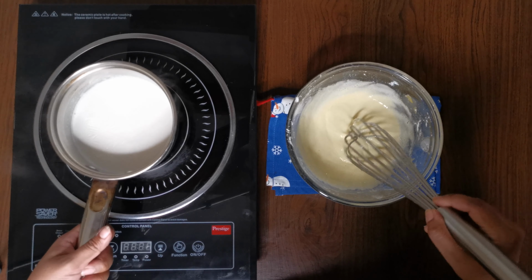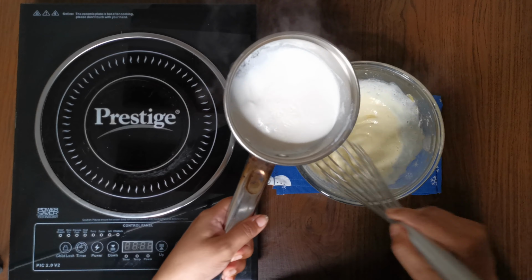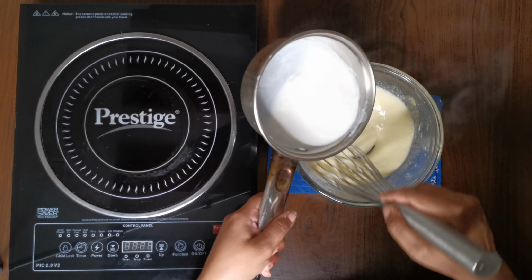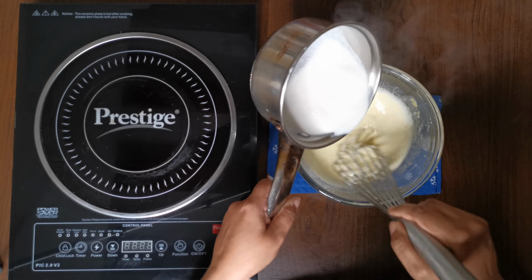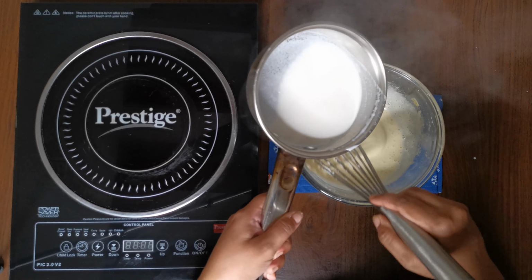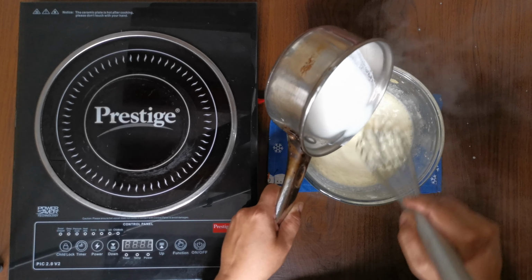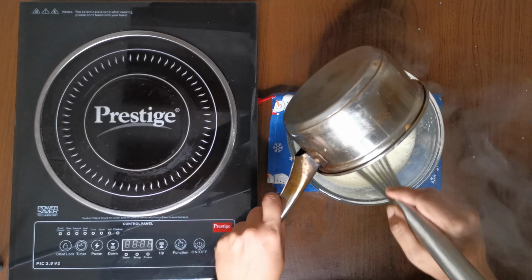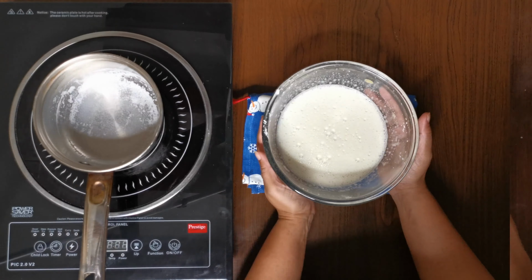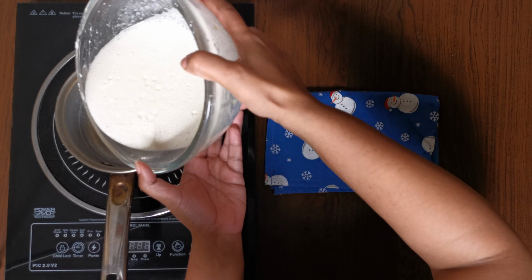Now we are going to temper the egg mixture with the hot milk. Slowly add a little bit of milk into the egg mixture while whisking it. Make sure it is a slow and steady stream. Now, if you add all the milk into the egg mixture at the same time, you will cook the egg and it will become a scramble, and we do not want that. Slowly add the milk. And once all the milk has been added into the egg mixture, pour the egg mix back into the saucepan